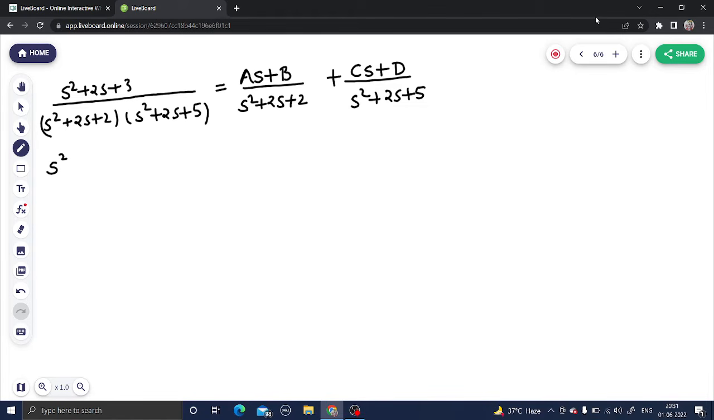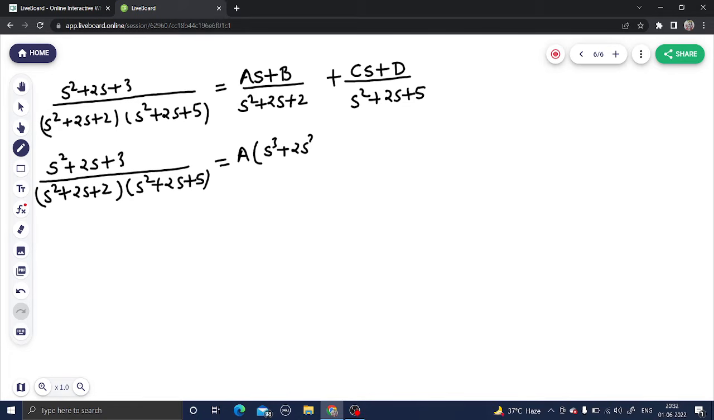Now patience starts here because I am solving it slowly so that you can understand it better, because this is some lengthy portion which is coming up. s square plus 2s plus 3 equals, now cross multiply, so we'll get A multiplied by this, so I am taking s inside, so you'll get s cube plus 2s square plus 5s, plus B multiplied by this, so B times s square plus 2s plus 5,